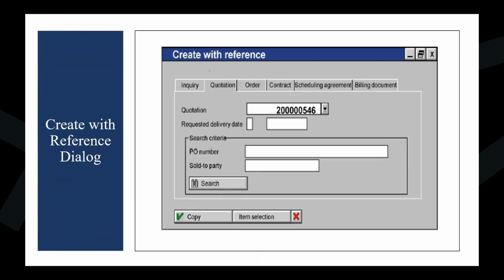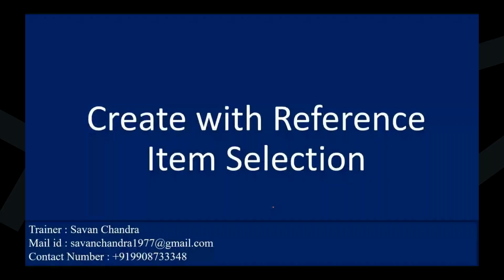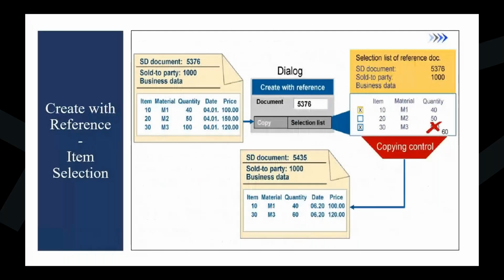Once you get this create with reference dialog box and enter your reference document number, you can either click on the copy button or on the item selection button. What happens when you click on copy, and what happens when you click on item selection? We will discuss. First, create with reference item selection, that means this one. So what happens is you have a reference